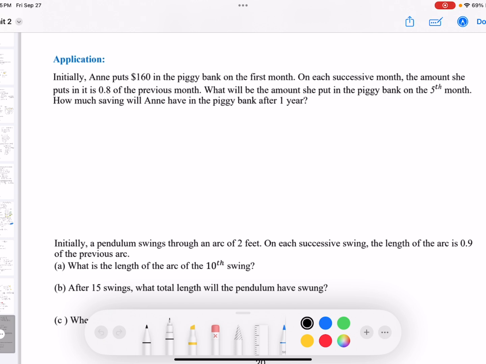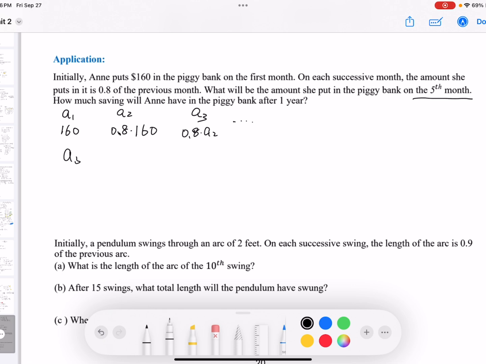Okay, let's see. What is the initial money she put the first month in the piggy bank? So A sub 1 is equal to 160, and the second month A sub 2 she will put 0.8, the R, times the previous month 160, and A sub 3 you are using 0.8 multiplied by A sub 2, etc. So this is a geometric sequence. That means looking for what will be the amount she put in the piggy bank on the fifth month. Looking for the A sub 5